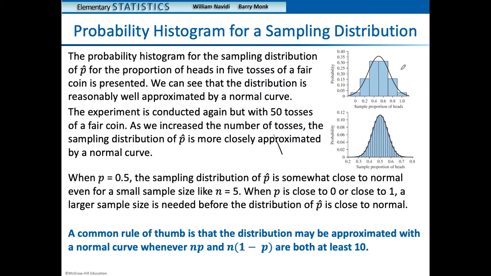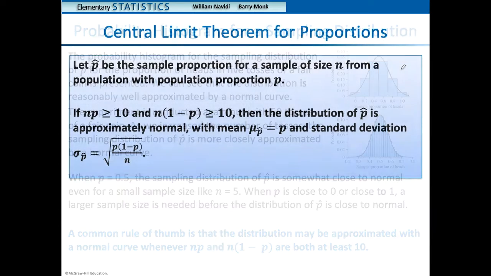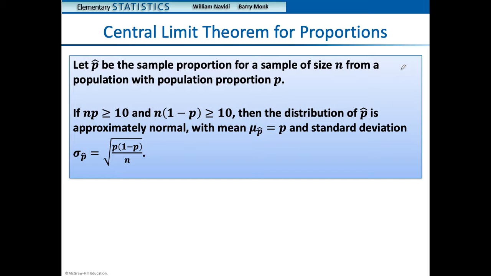A common rule of thumb as far as how big your sample size needs to be: we could say that the distribution may be approximated with a normal curve whenever the products n times p and n times 1 minus p are both at least 10 or more. And remember that n is the sample size, p is the population proportion. So all of that can be summarized